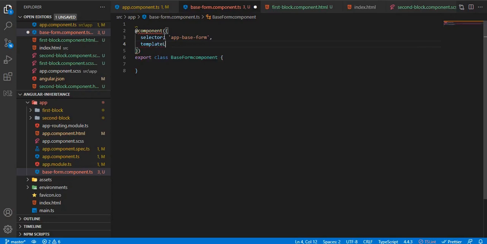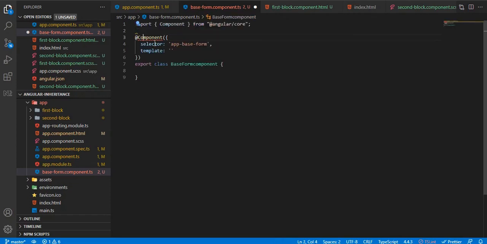Template would be, we don't really need a template here. Let's import the dependencies. So now let's import the dependencies.